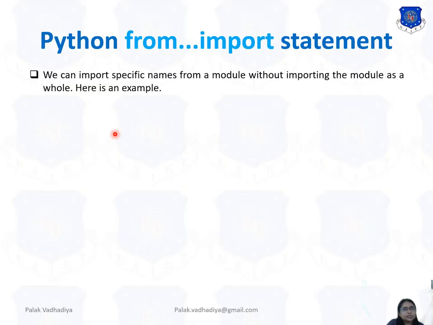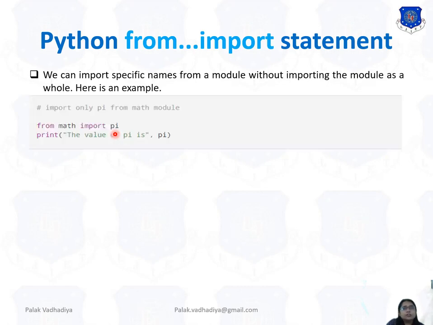Now next, the from import statement. Yes, this is something interesting. We can import a specific name from the module without importing the module as a whole. Here is one example: from math import pi. What this statement specifies is, from math I want to import pi. Then no need to write math.pi.